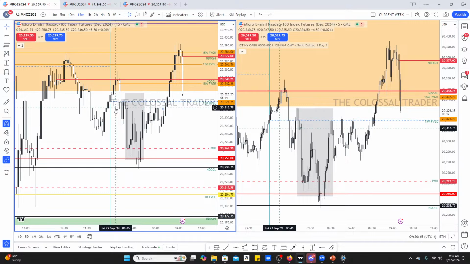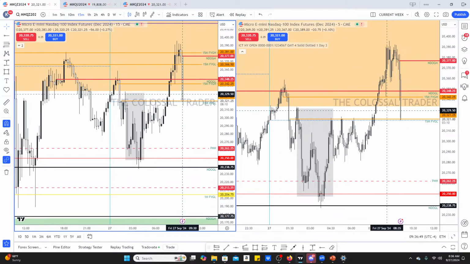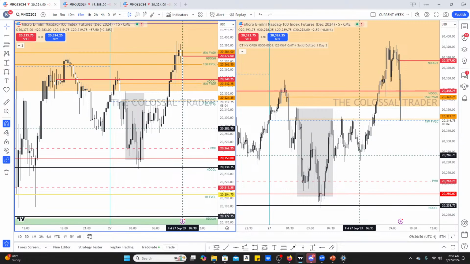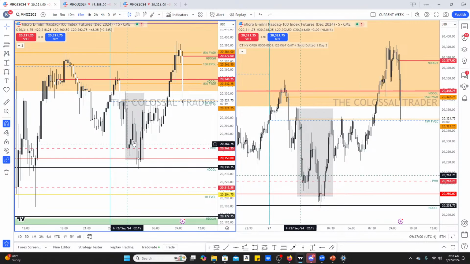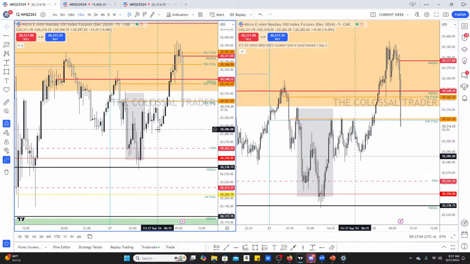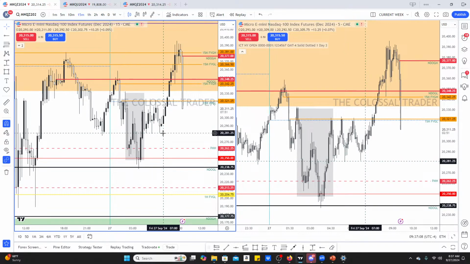See this thing melting. Let's see. I see my crystal ball. Oh yeah, it's probably going to melt actually. I won't be surprised if it takes out the 650 low. If it goes below here, that's probably what's going to happen. These lows look like they're in jeopardy right here, unless we get some type of bounce back, but